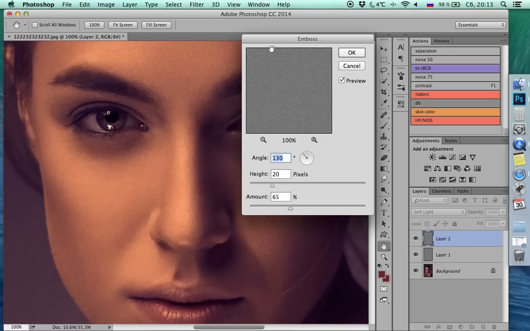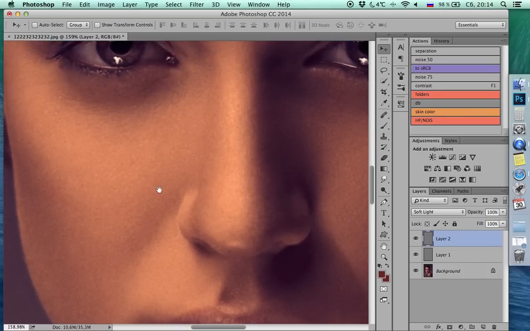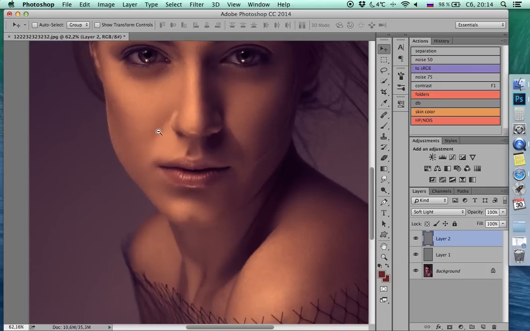So you're totally free to experiment and play with these numbers also. So I'm using 130 for angle, for height I'm using 20, and for amount I'm using 65. Press OK, and now we can see our texture is a bit more natural-looking,